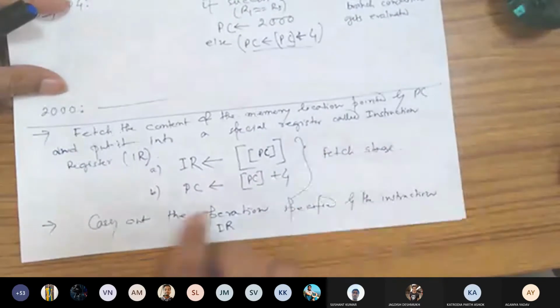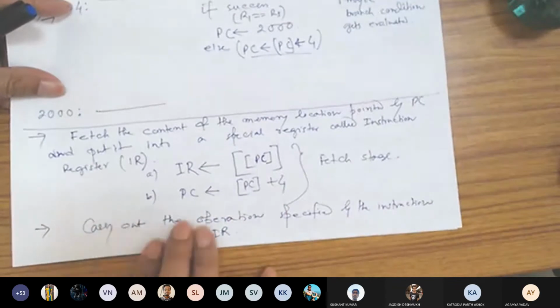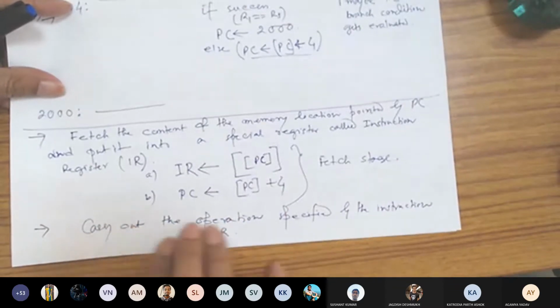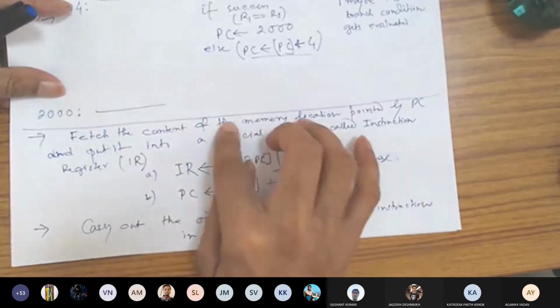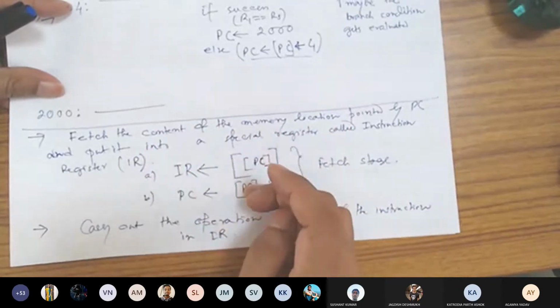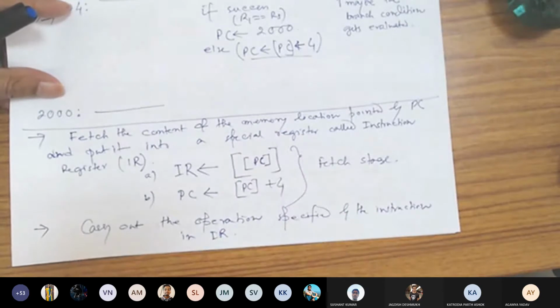So this is the fetch stage. The second one includes all other stages. So we need to now open up this part. We have only discussed the fetch stage, which requires primarily these two operations.